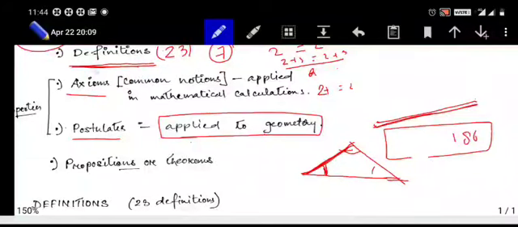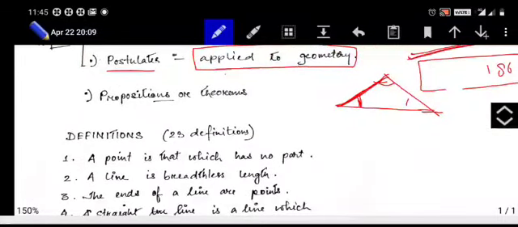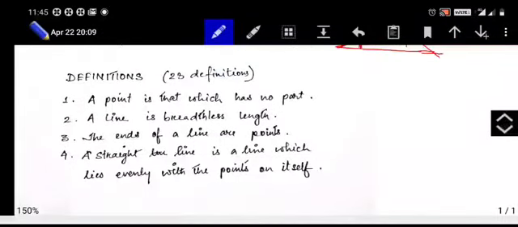That will be a theorem, because there is a mathematical proof by different means that the sum of all the angles of a triangle is 180 degrees. Now in this video we will only see the 7 definitions that are discussed in our book. In later videos we'll discuss axioms, postulates and 1 or 2 theorems. Clear? Out of the 23 definitions, 7 definitions are given in the book, and those 7 definitions are: point,